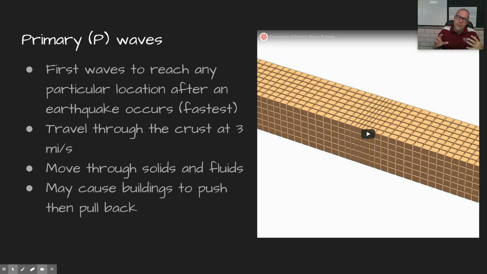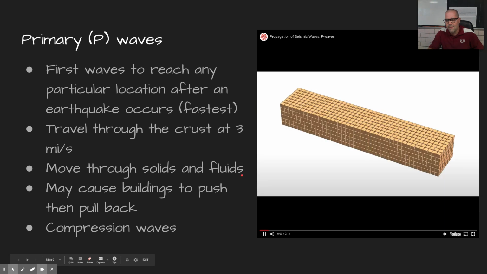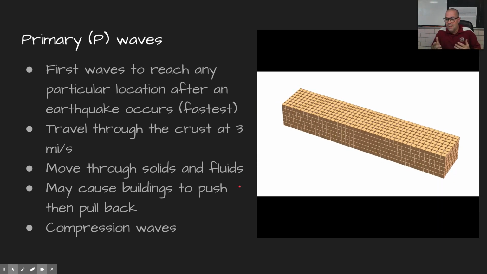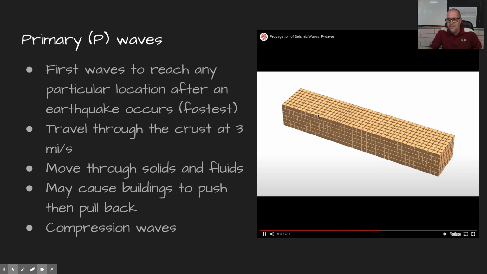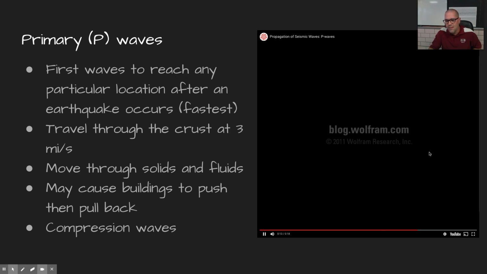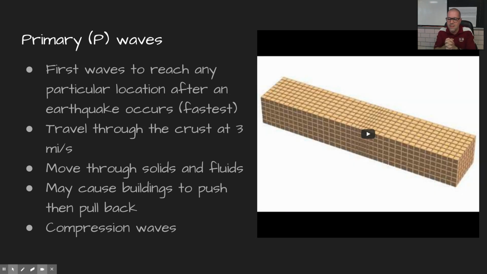If you were in a building or in your home as a primary wave, as a big one, pushed through, you would feel this push-pull. We call these compression waves, okay? So they're going to cause the molecules in a material to press together, pull apart very quickly, just as you're going to see in this animation right here. So a seismic wave is sort of like an accordion effect, right? You see here in the image how the waves propagate, how it squeezes the material before everything is sort of set back into its place. So primary waves,